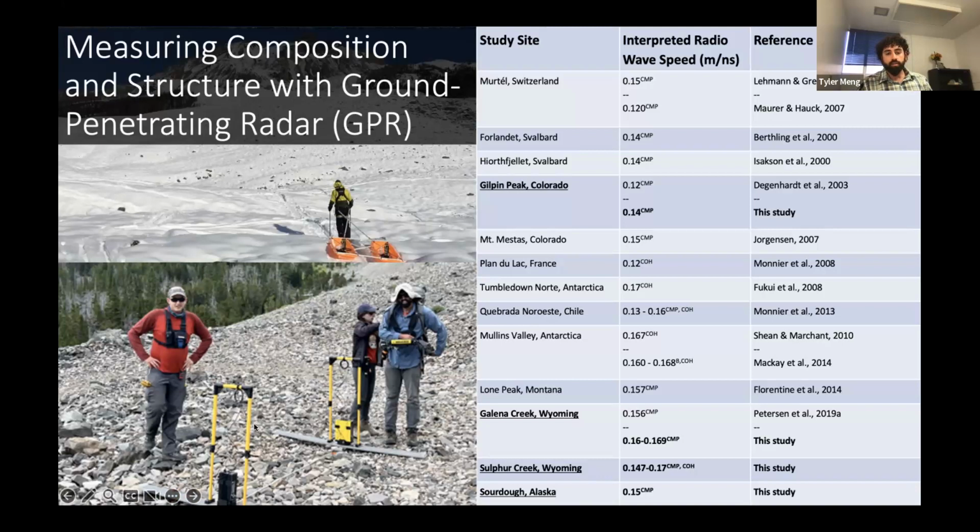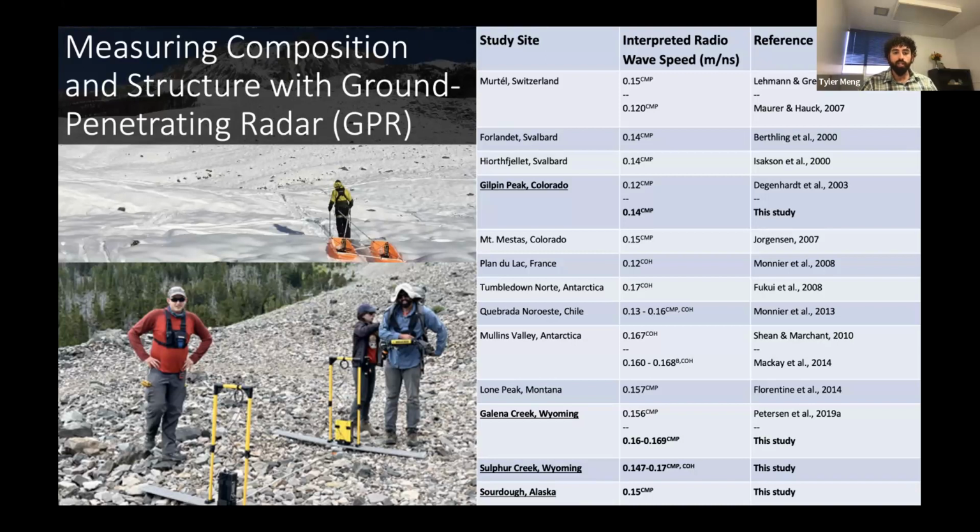And that is being transmitted into the subsurface, where it'll reflect off a dielectric interface and then be received at this receiving antenna over some given time interval. And by measuring that time interval and assuming or measuring a velocity of the radio wave in that medium, we can actually estimate the thickness of that